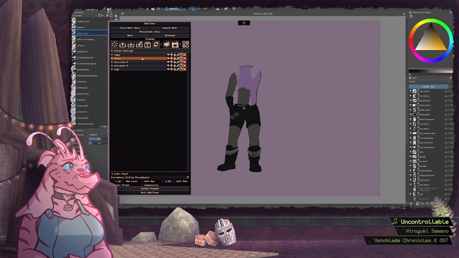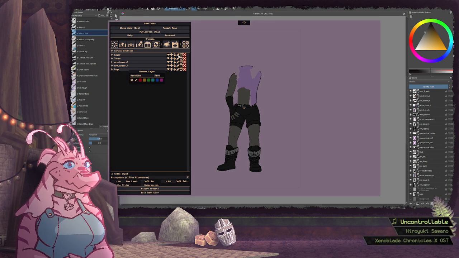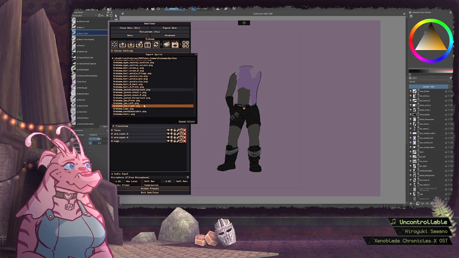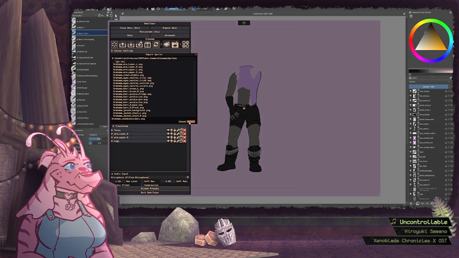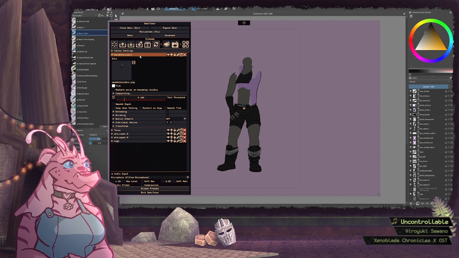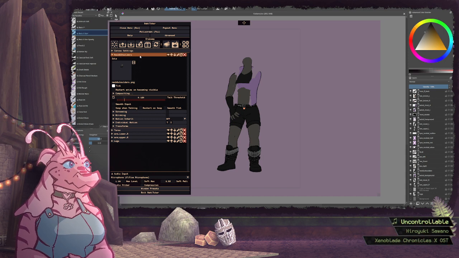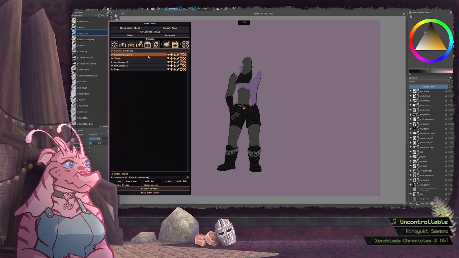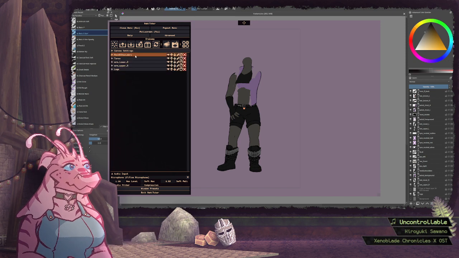Neck and shoulders. And that will inherit off of torso as well.